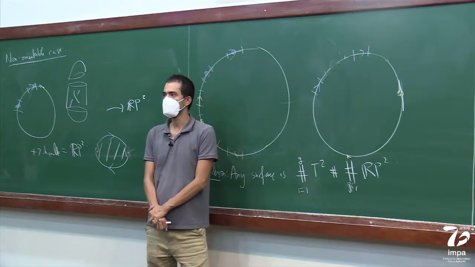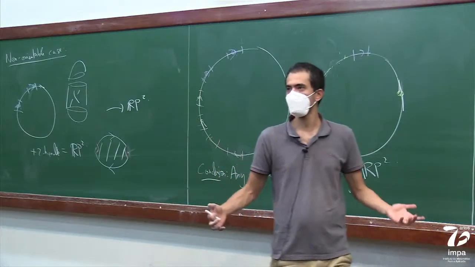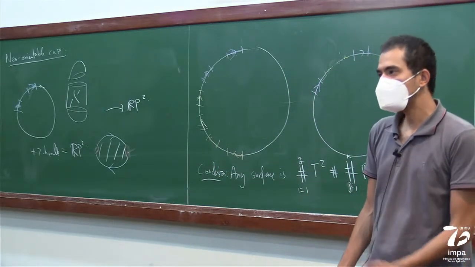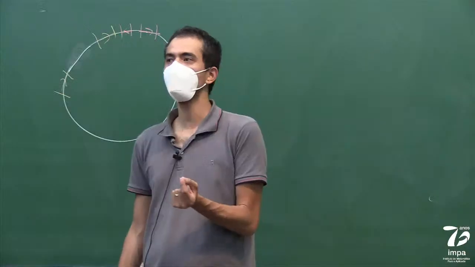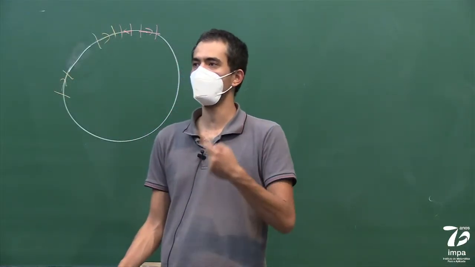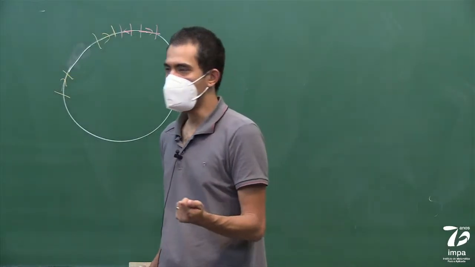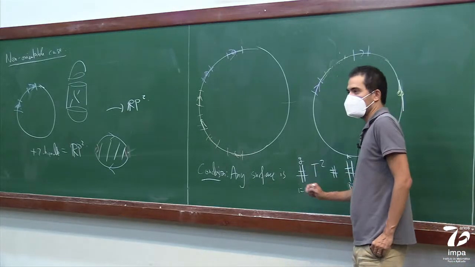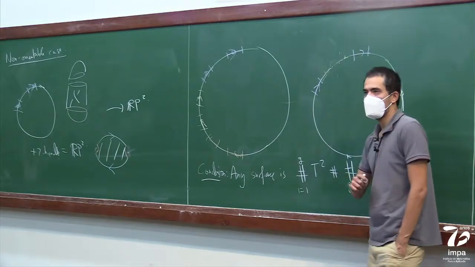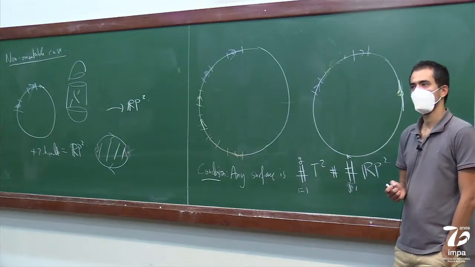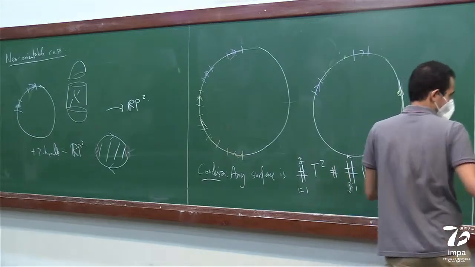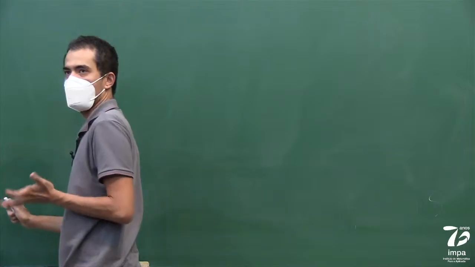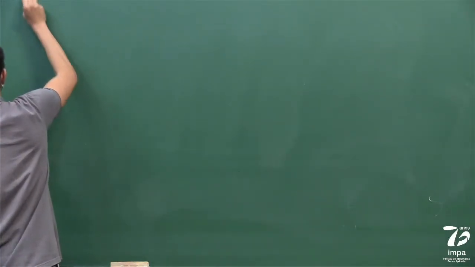Okay? I mean, I can write down the details, but I think I've already said everything. But there's one more thing that I'm missing. It's not really in the classification of surfaces, but it's in the understanding of the classification. I said, basically, as long as it's non-orientable, I basically don't need any of the tori. I can just have RP2s. And you can see this just using handle slides. So I guess the last thing that I want to prove using handle slides is that